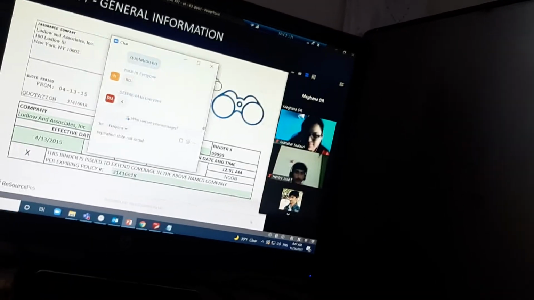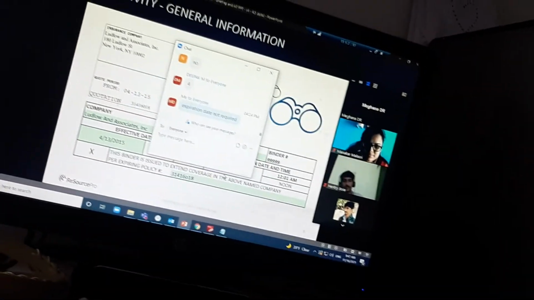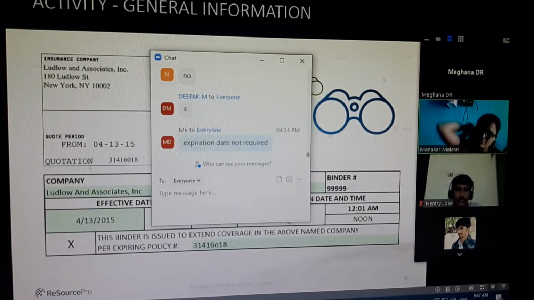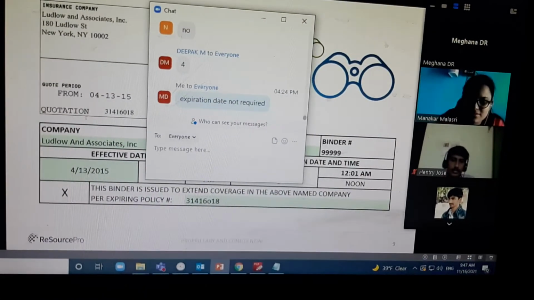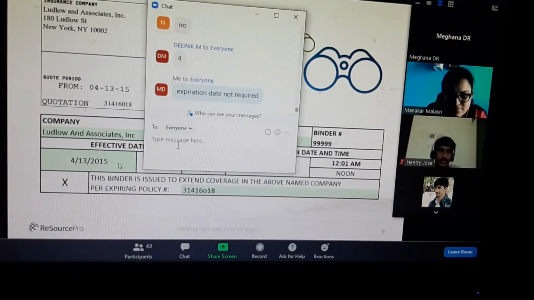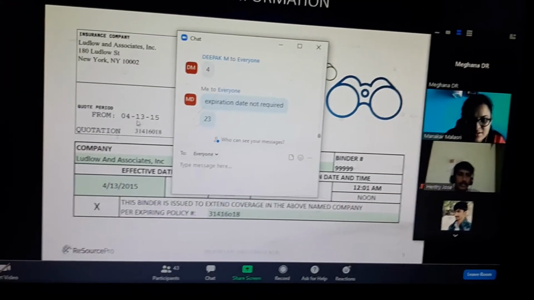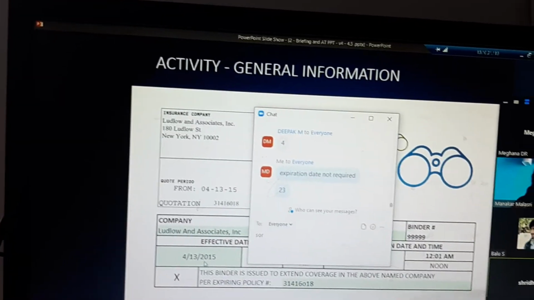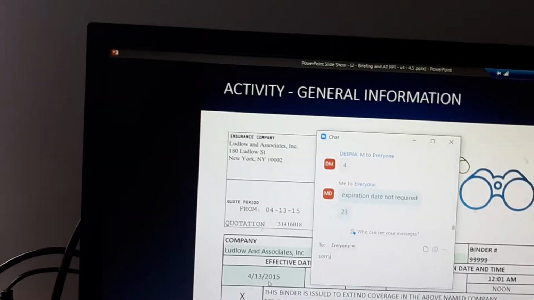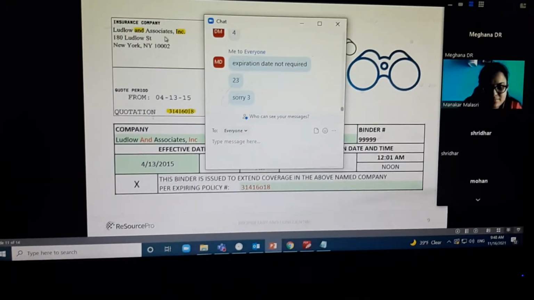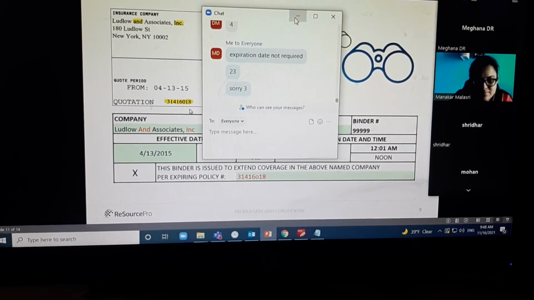We are not bothered about the white colored cells because that is not a cup of tea for today's assessment. Here we are not going to consider the expiration date as a difference. Only 3 differences, and you can all see the format. How did you update the effective date? It is 04-13, updated as 4/13/2015. Got it? I'll just reveal the differences. Only 3 differences, which we had already discussed.